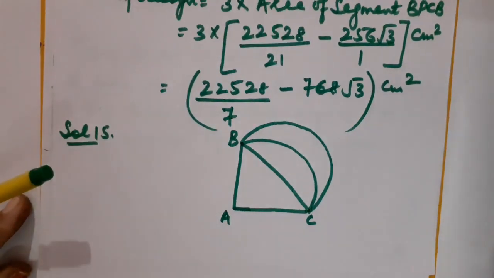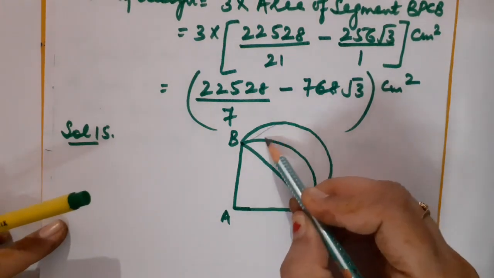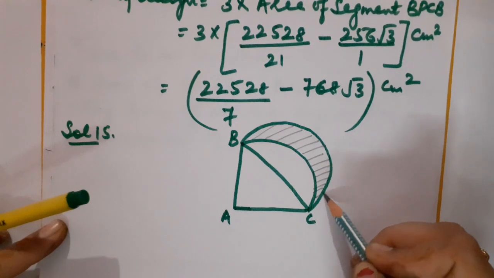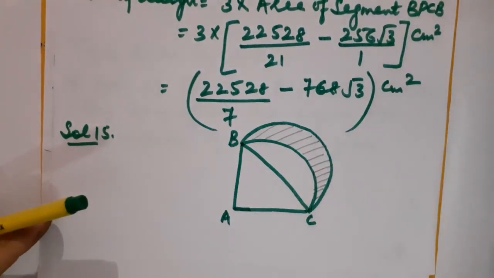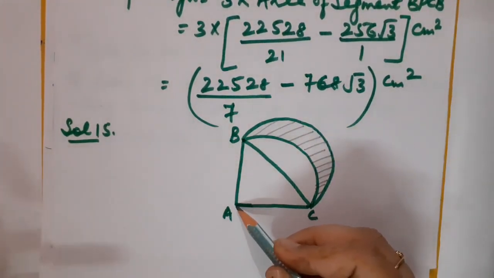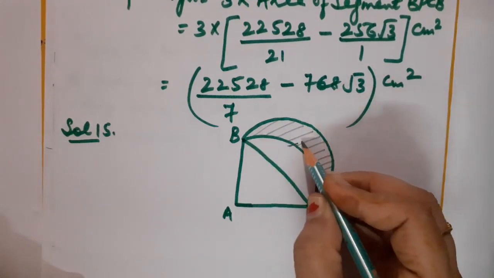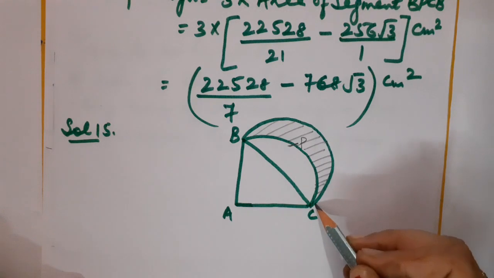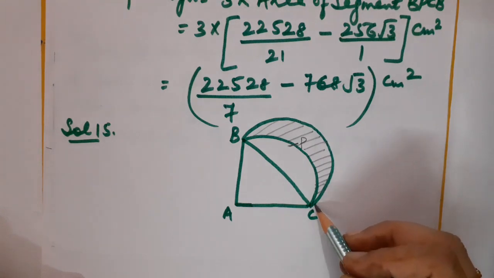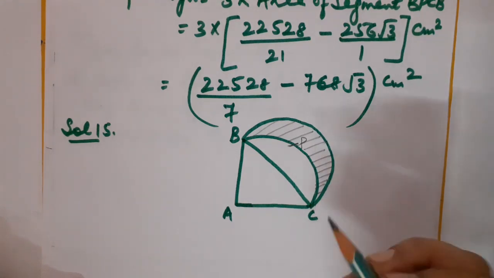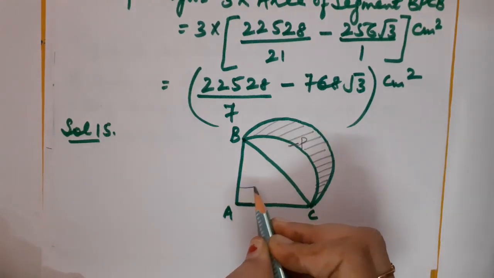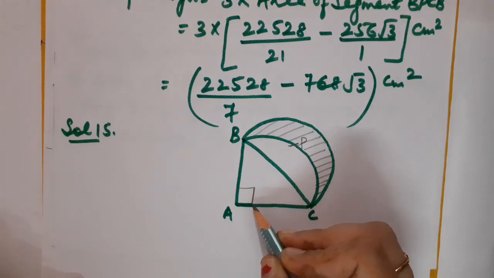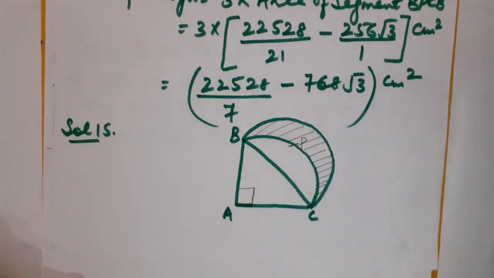So children, where is the shaded region in the given figure? This part is shaded, which I am going to do. Children, you can call this A, B. Here you can give the name. Let it be P. A, B, P, C. You can call it a quadrant also, or you can call it a sector also. But as it is said, it is a quadrant, or if I talk about it as a sector, definitely a 90-degree angle will be formed.